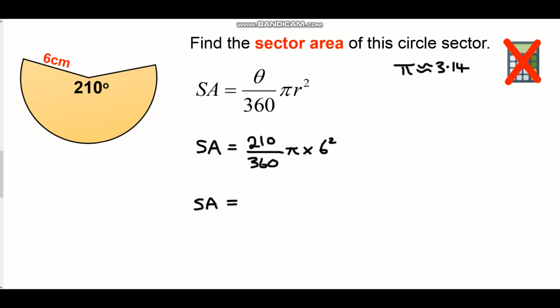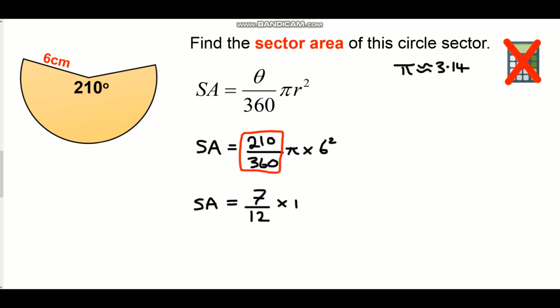Okay, so first things first, what we need to do is simplify this fraction here to make it something that I can manage. All right, and it probably wouldn't be a bad idea to figure out what 6 squared is as well. Right, starting on the fraction, 210 divided by 360. I know that there's a common factor of 3 between 21 and 36. So between 210 and 360, there's going to be a common factor of 30. So divide 210 by 30, and you get 7. Divide 360 by 30, and you get 12. 7/12